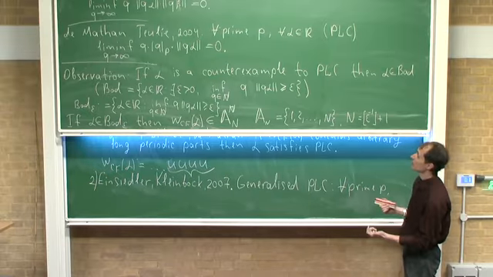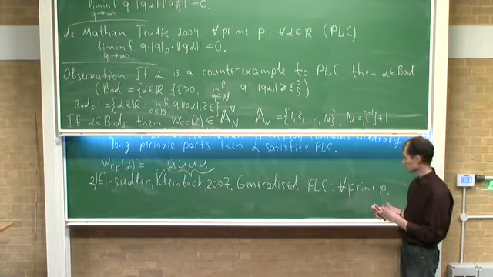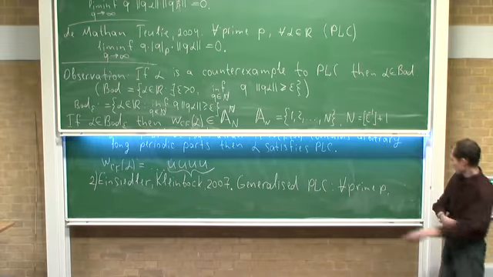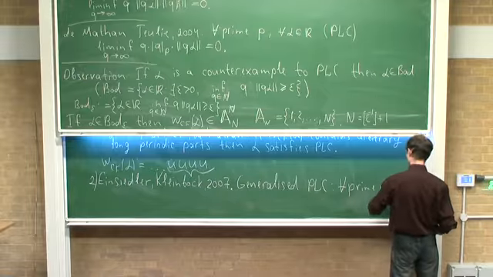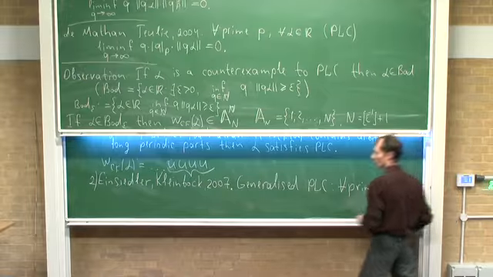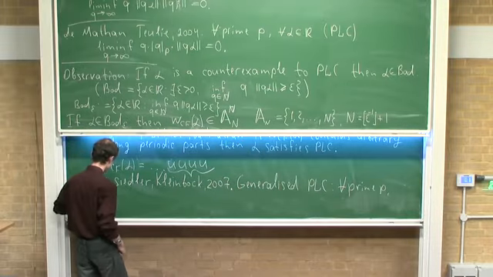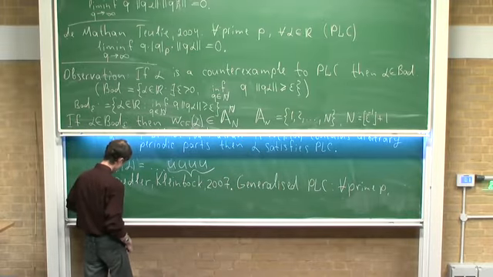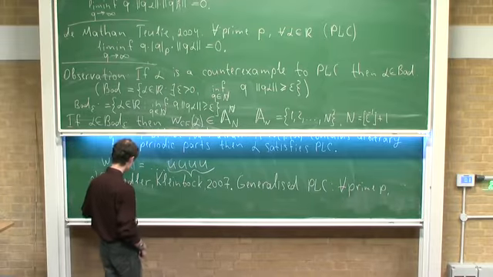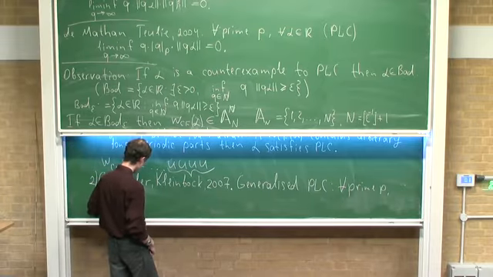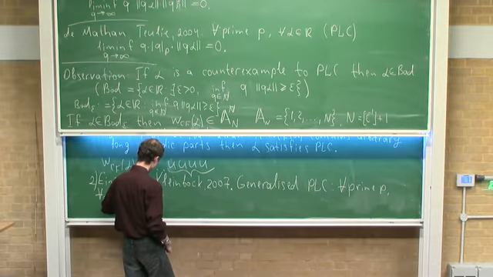Alpha is real, beta is p-adic. And for every pair alpha, beta in R cross Q_p,